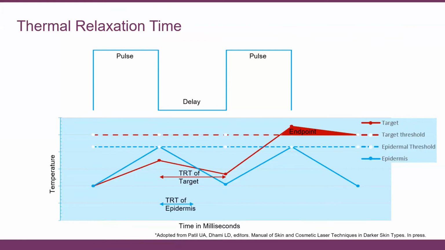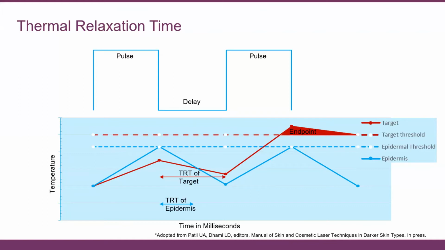If we're firing a chain of pulses, so you can see we have a pulse, then we have a delay, and then we have another pulse. During that delay time, the epidermis is cooling down significantly quicker than our target, because the thermal relaxation time of the epidermis is shorter than the thermal relaxation time of whatever our target might be, in this case, a vessel,